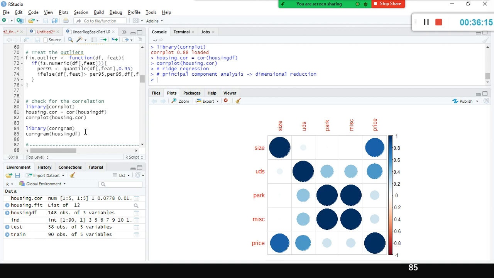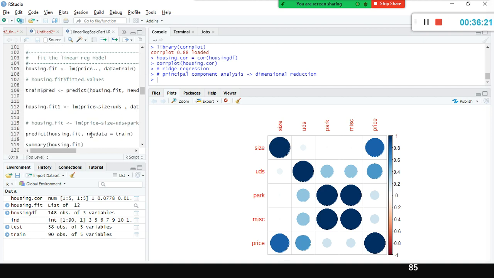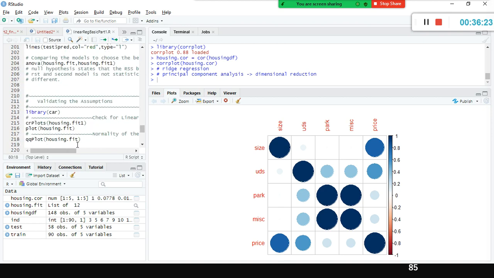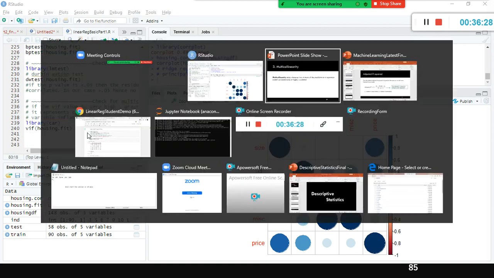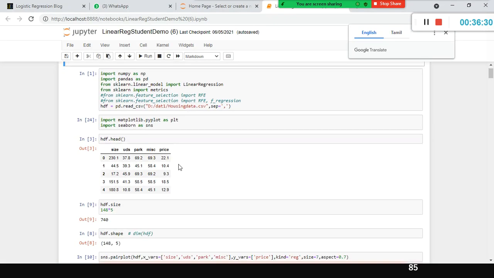Fine. So in the interview, now you are all set. How will you identify the collinearity? The next one is, how will you identify the collinearity? In R, you have something called the VIF function. It's very much helpful. But in Python, in statsmodels, there is a function available.